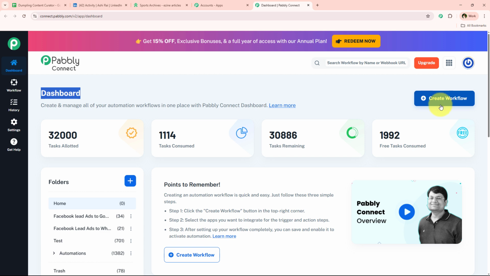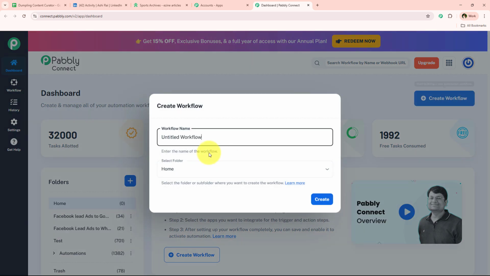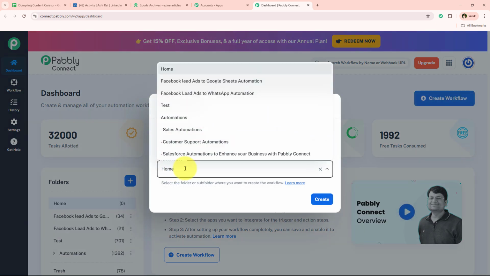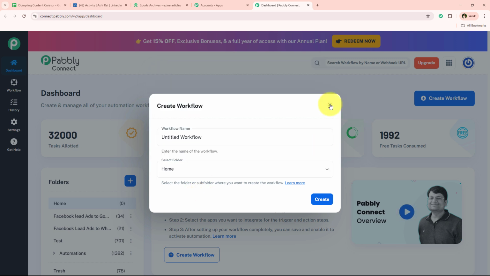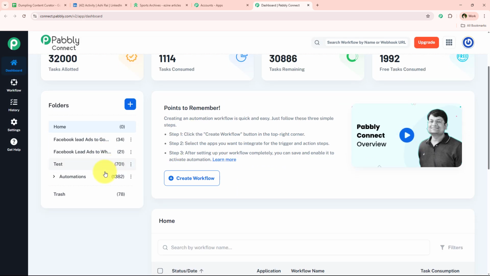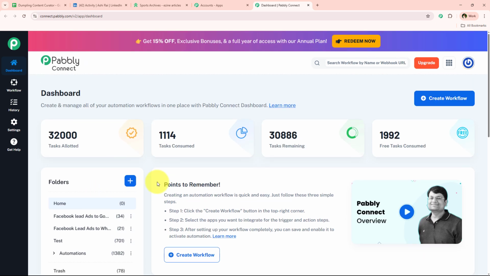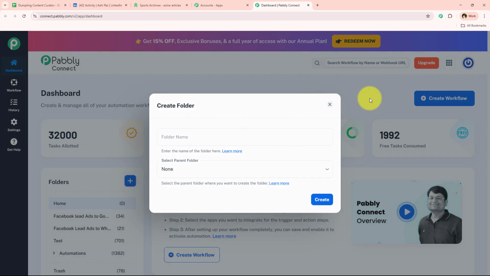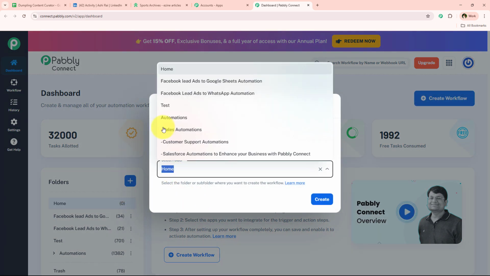And to get started, I'm simply going to click on this button which says create workflow, and now it's asking me for the workflow name and the folder I want to save the workflow in. So over here on my dashboard you can see multiple folders which I have already created in which I save my workflows. So if you also want to create a folder, you can go towards this create new folder button